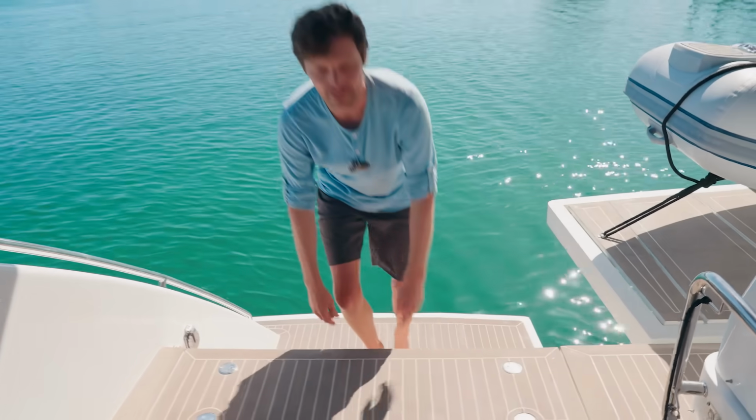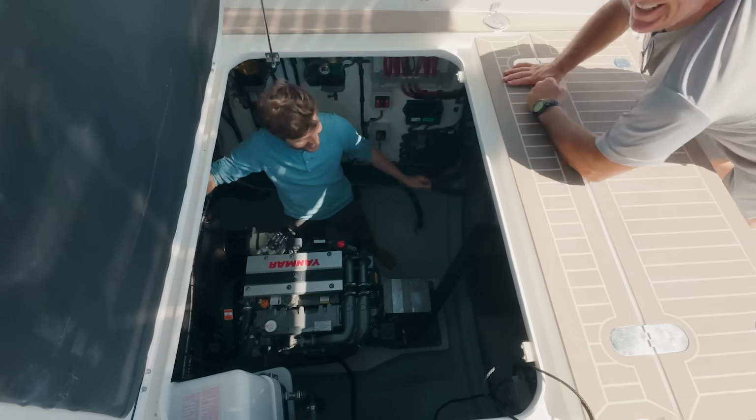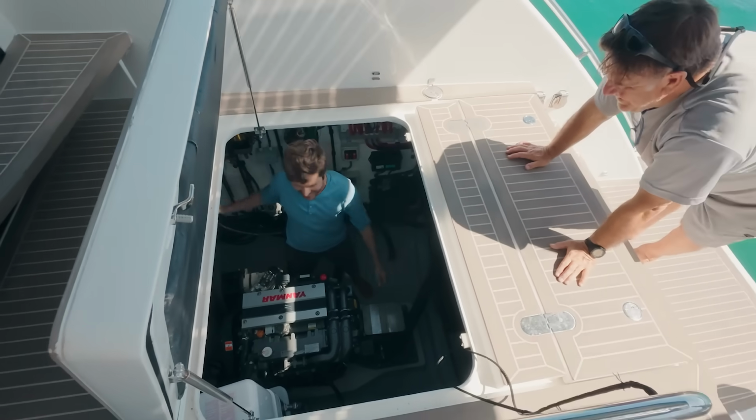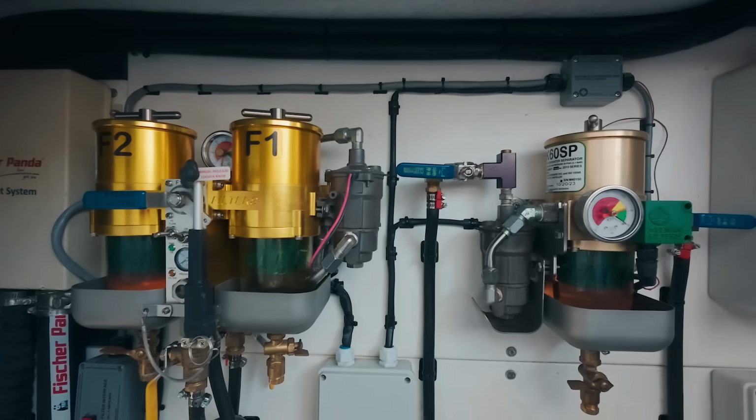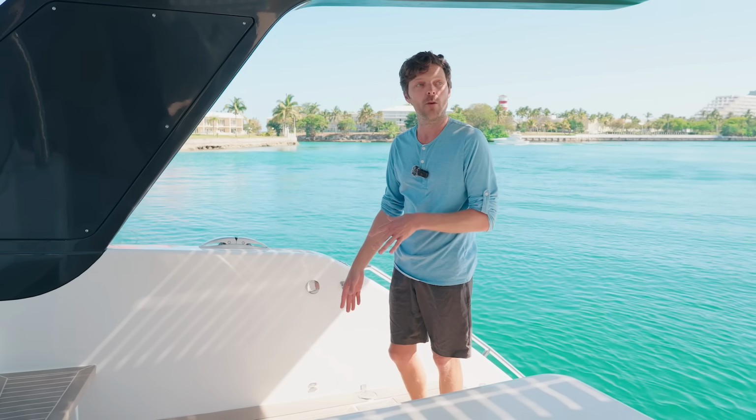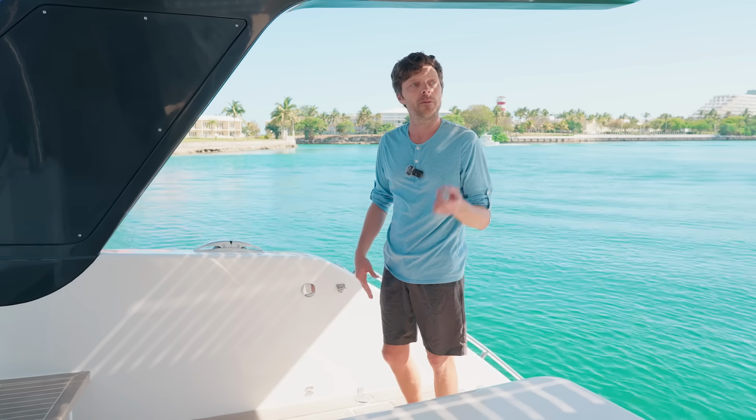And then right here is our engine room, and tons of space in there. Everything is wired really nicely, so it's organized. You can read the labels, and there is a generator in this particular boat, but future models will have,